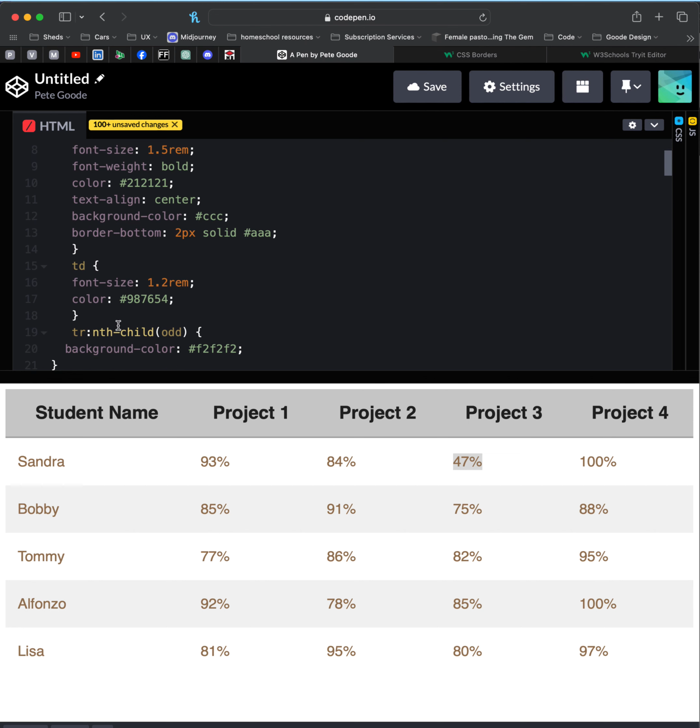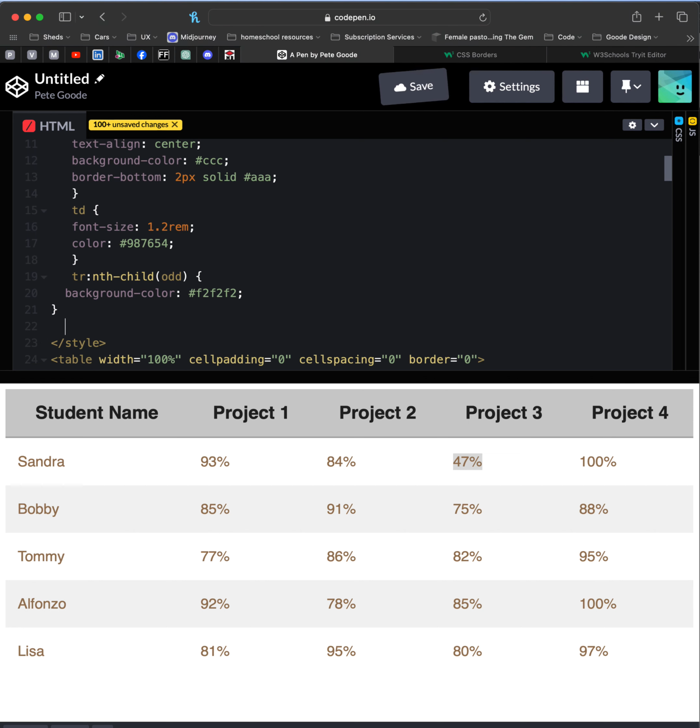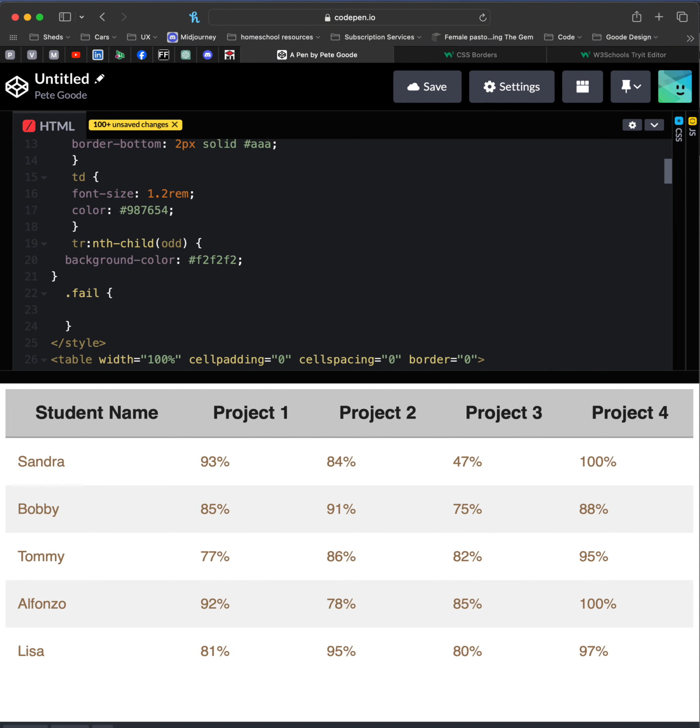Well, now I'm going to create a new class that I can call out individually. So in this case, I'm going to put the period in front of it, and I'm going to say the word fail. And again, I'm going to put my curly brackets there, and I'm going to do color is, and I'm going to make this red, FF